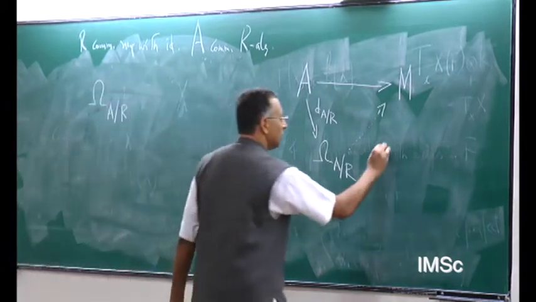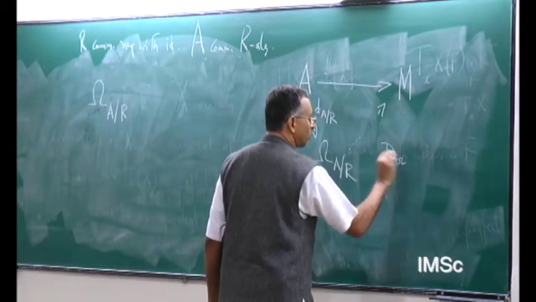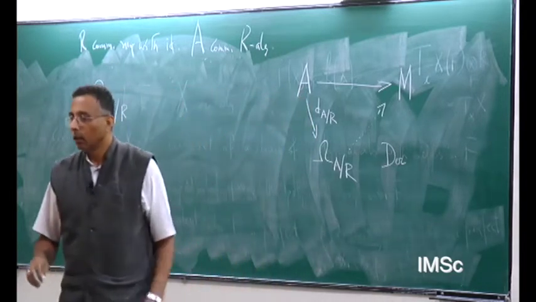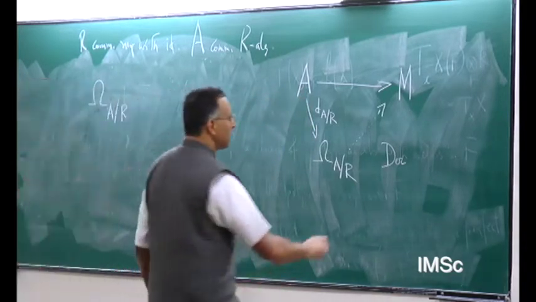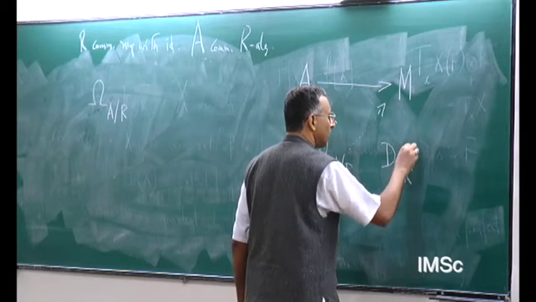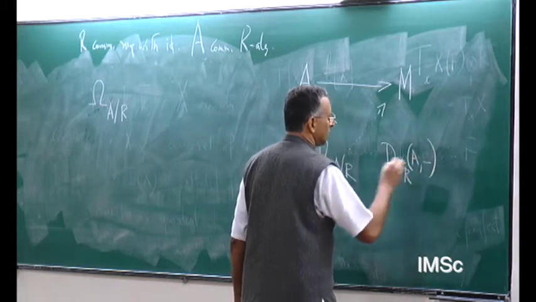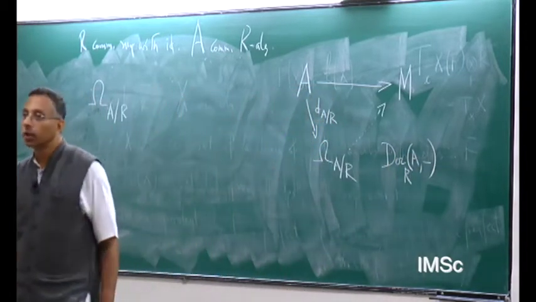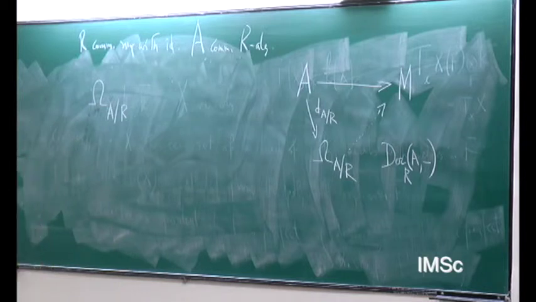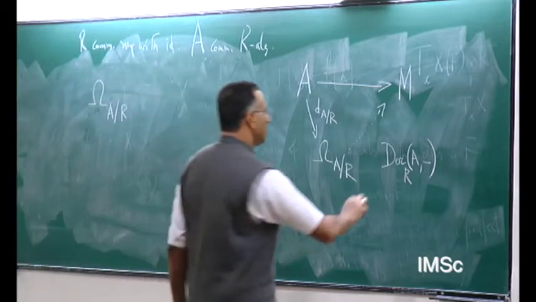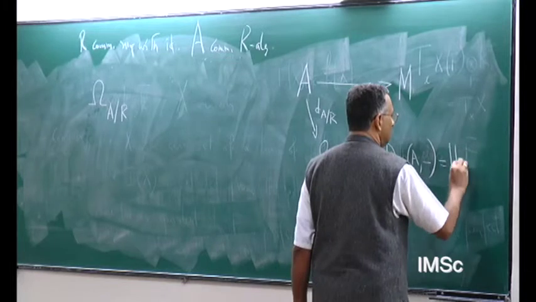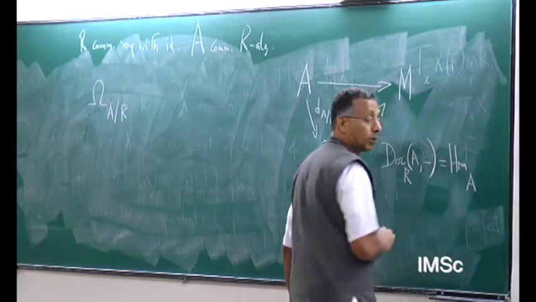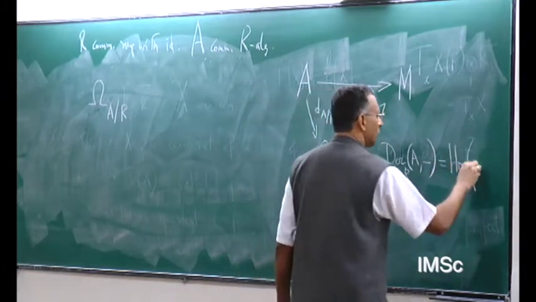In other words, it solves the following problem: R derivations from A to M, where M I can use as a dummy, is equal to Hom as A modules from